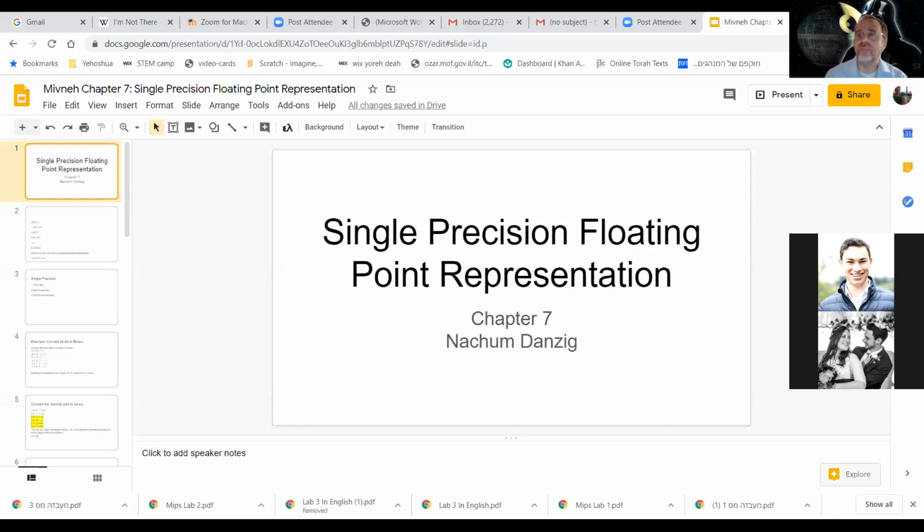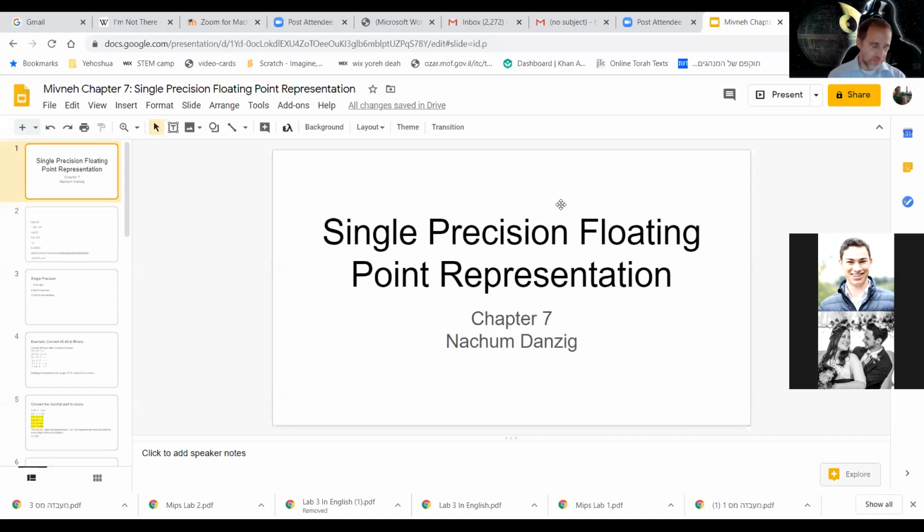Recording. Okay. So single precision floating point. What we're going to talk about now is how to represent a number, a float, particularly, not an integer,